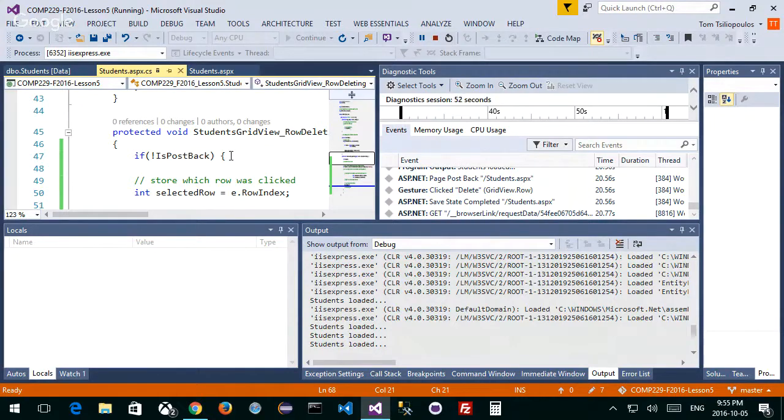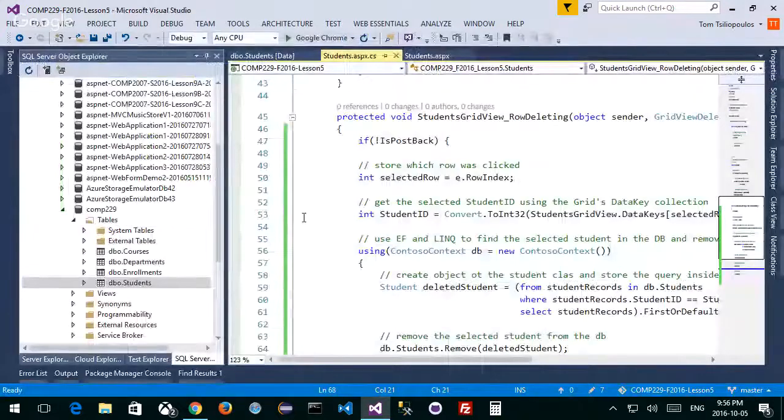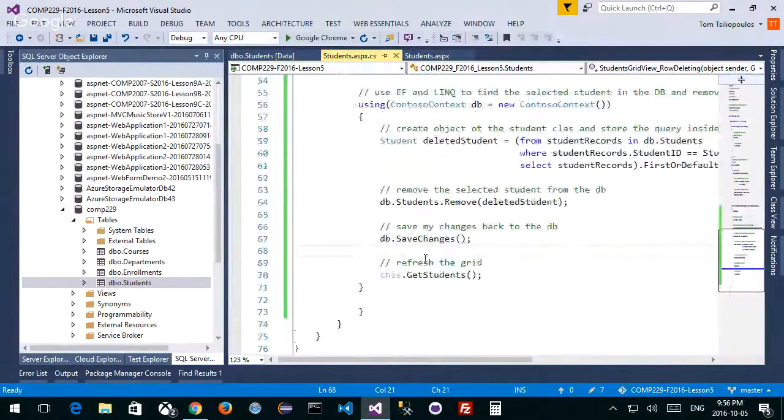It doesn't exist. I could refresh the page, but I'm not refreshing the page. With my get student, this line here that I want to show you, the line that I put in that refreshes my students, does not refresh the page. What does it really do? It fills in the data from my database, or in the grid view. It just takes that grid and puts it back. I'm not refreshing the page. So that's what's causing the problem.